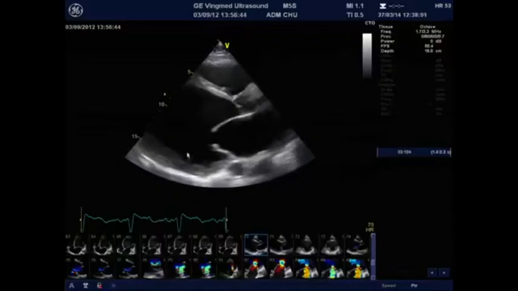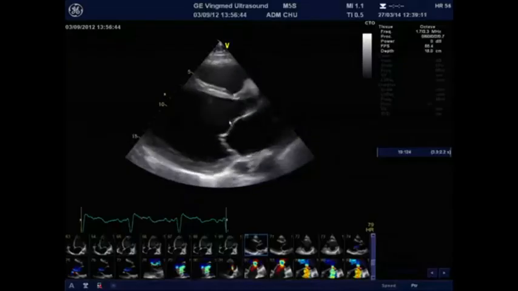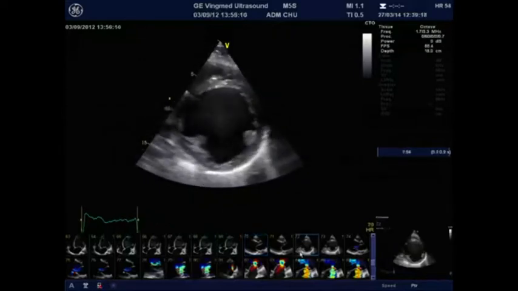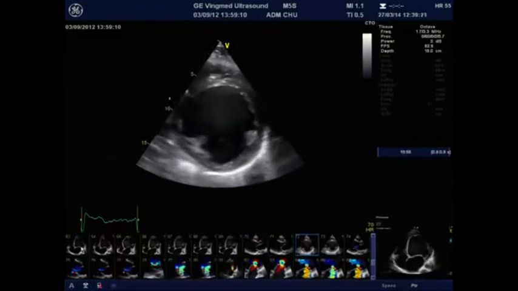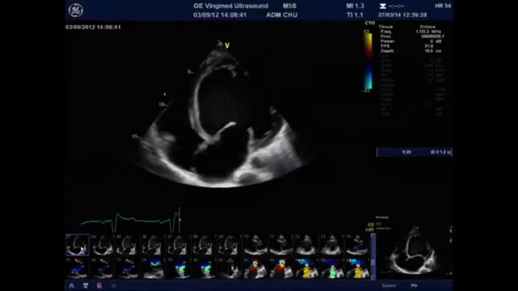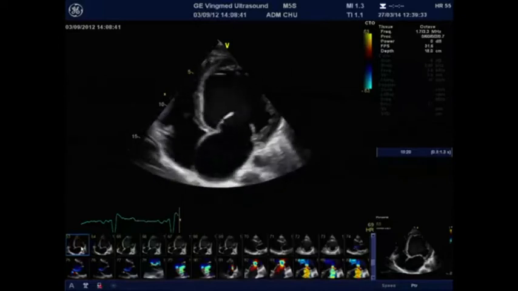So let me show you the parasternal long axis view of these patients, and clearly here the mitral leaflet appears to be structurally normal. There is dilatation of the mitral annulus, there is a dilatation of the left ventricle, and if we move the probe and take the parasternal short axis view, and after that the long axis view, we can observe the geometry of the mitral valve and the deformation of the mitral valve that is secondary to the changes in the ventricular